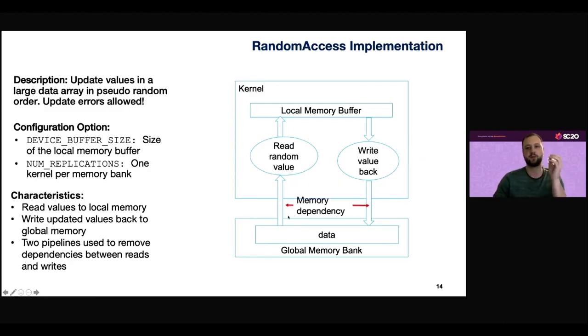Because we do it in a pseudo-random order, we don't know if we might load the same item two times after each other. So most likely the compiler may create a single pipeline, but this pipeline will most likely stall all the time because it has to wait until the data is actually completely updated in the backend global memory. So this local memory buffer prevents this to some degree by storing multiple reads in the local memory, and then